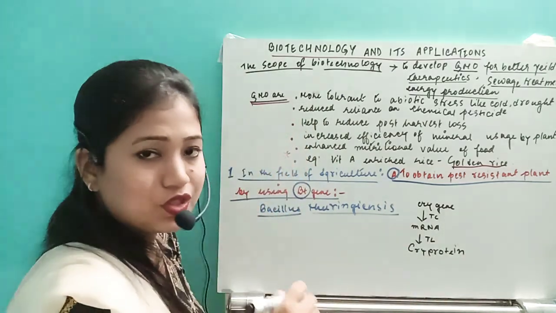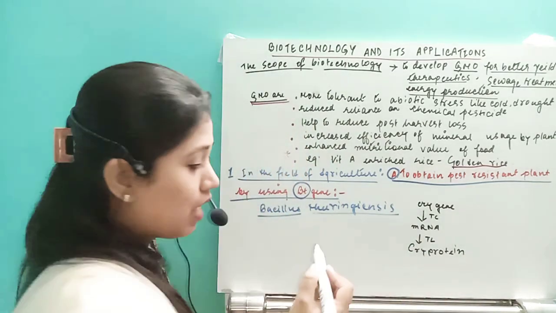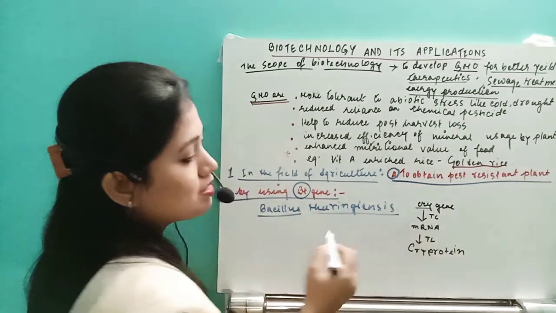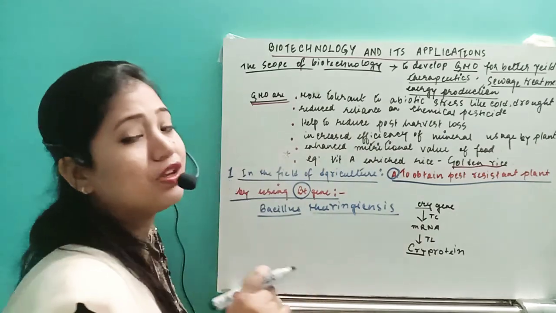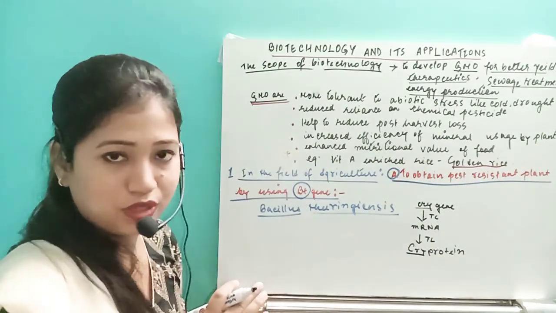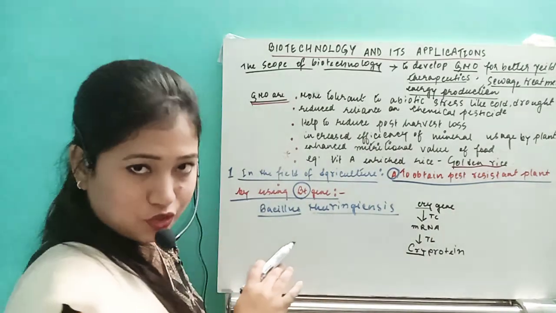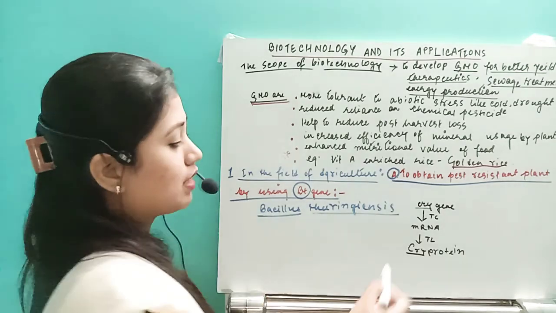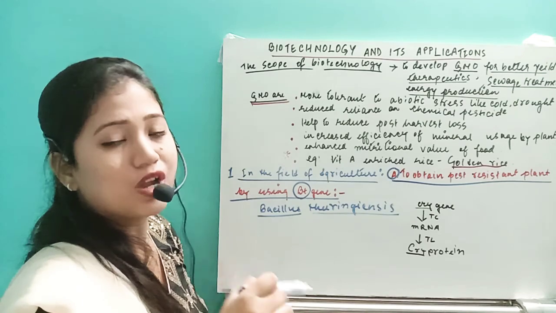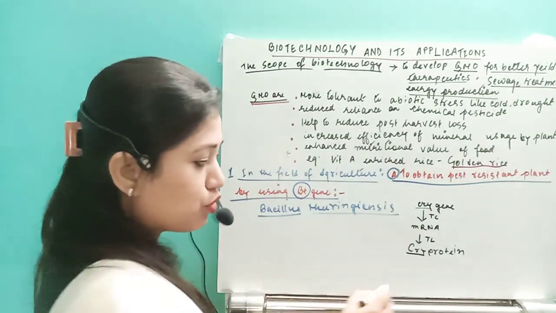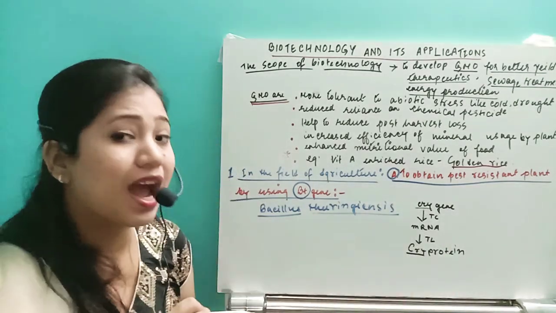Okay, so just see, the cry gene, what I have written, cry, the c is small if it is the gene and the C is capital if it is the protein. Remember that only. So from the Bacillus thuringiensis, one gene is extracted, that is the cry gene. This cry gene undergoes transcription and translation, and it produces one protein that is called the cry protein,